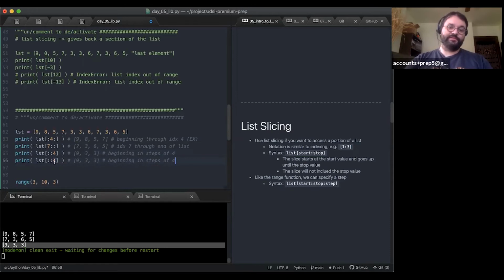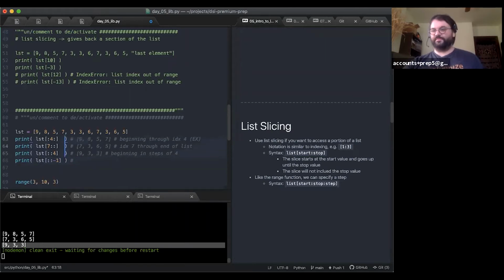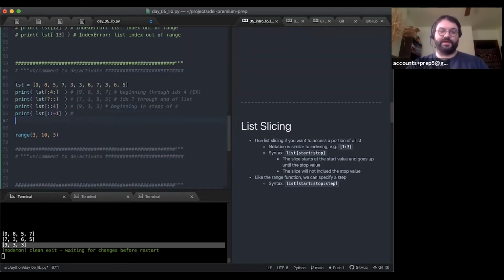Okay, so I've got a challenge for you. What happens if I do this, a step of -1? What's this going to give me? Any ideas? Go ahead and put it in Slack if you've got an impression about what that might be. And it is valid code.